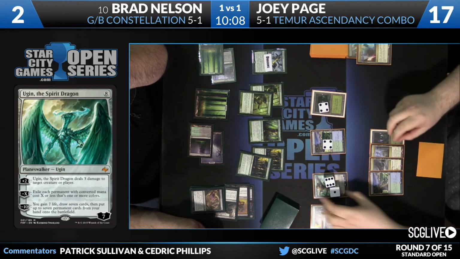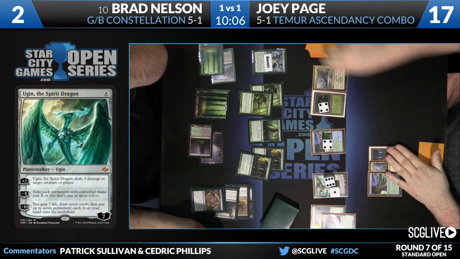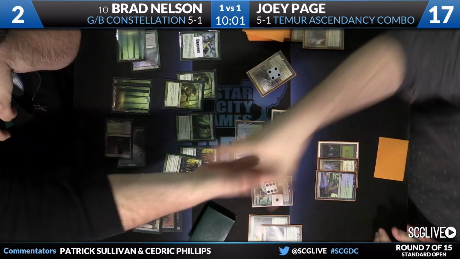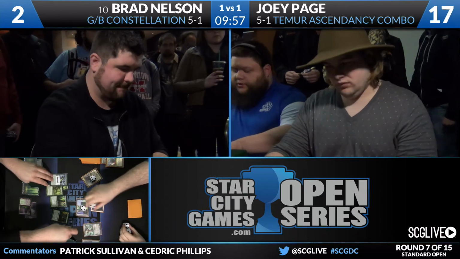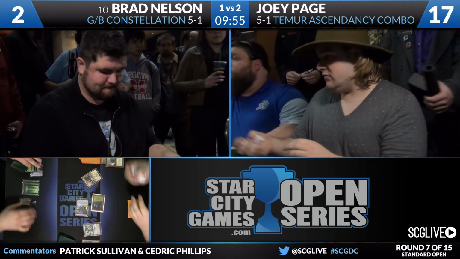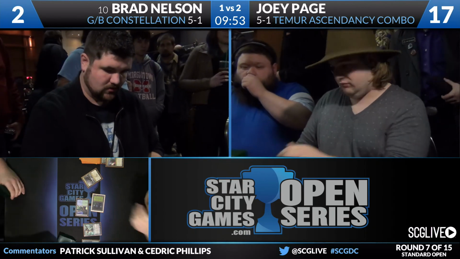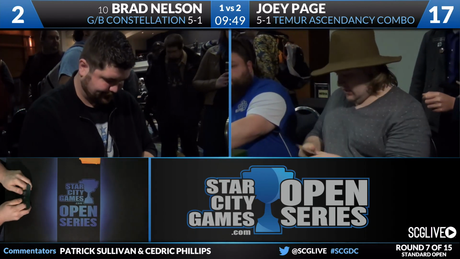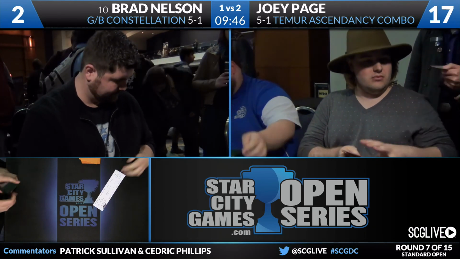Don't think that's the case here, as Joey's going to tick up Nissa again, make his Bivouac a 4/4 Trampler, and crash on in, and that is going to do it. Joey Page is going to win this match here over Brad Nelson, 2-1. Temur Ascendancy combo is 6-1 here in DC. And that was a really impressive third game there from Joey, because the